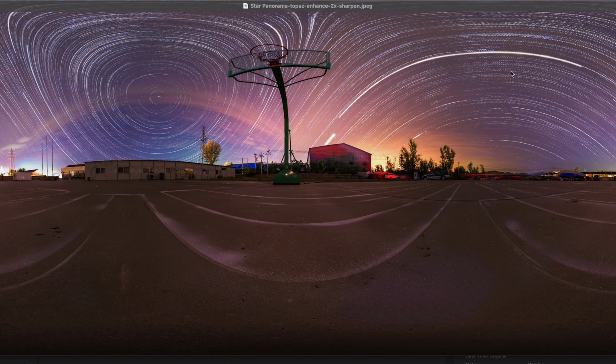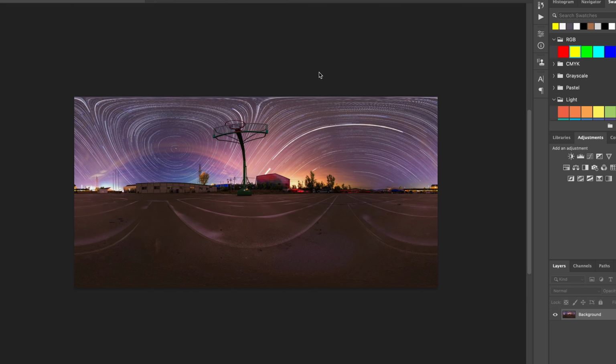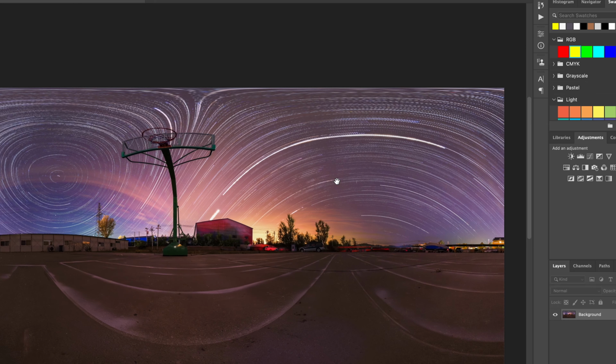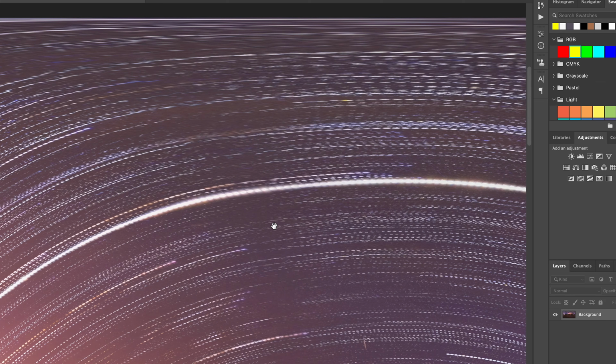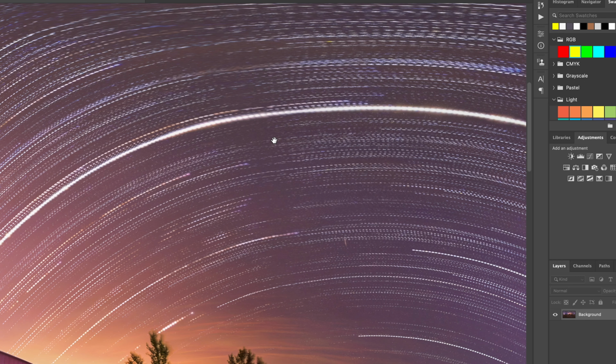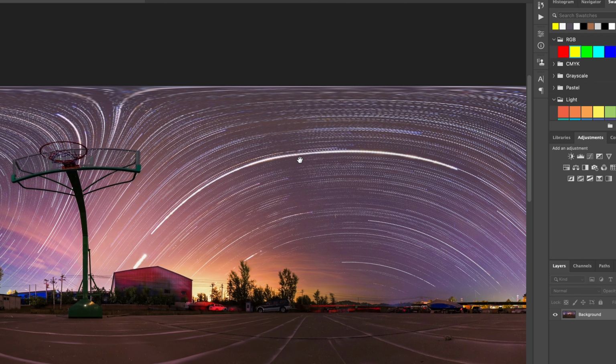The whole starry night. But if you take a closer look at the image, you will notice some artifacts, because in these shots you can see my stitching lines in the starry night. There's a stitching line. Take a look. There are some gaps. It's very strange, because the orientation of my camera is located just in between the two halves of the starry night. So